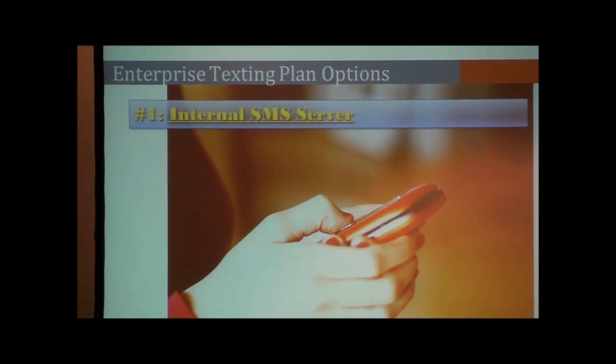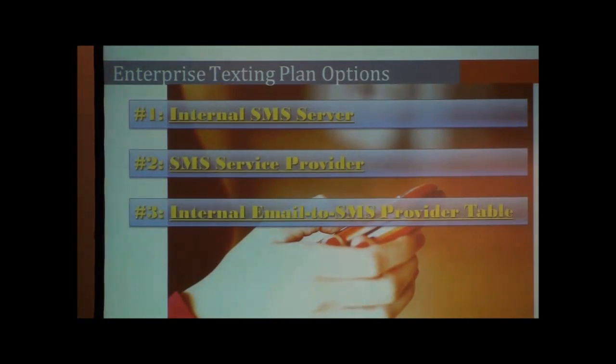Okay, so again, just a quick review. Internal SMS server, an SMS service provider, or